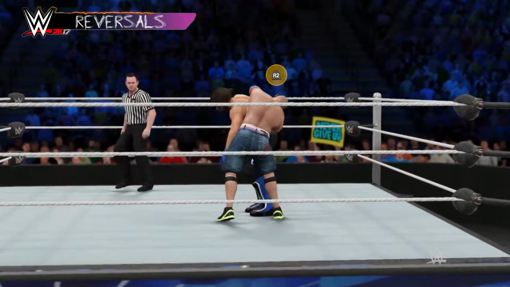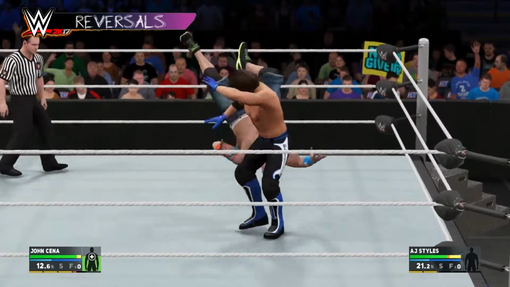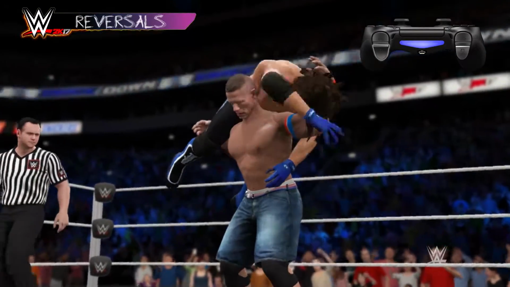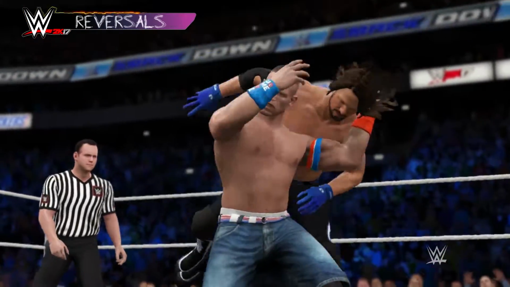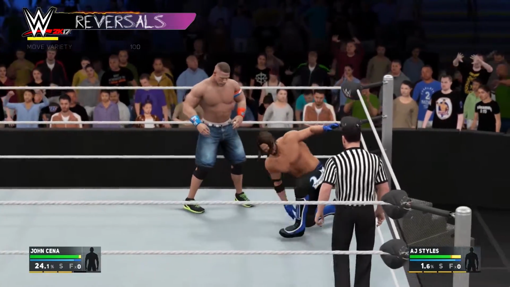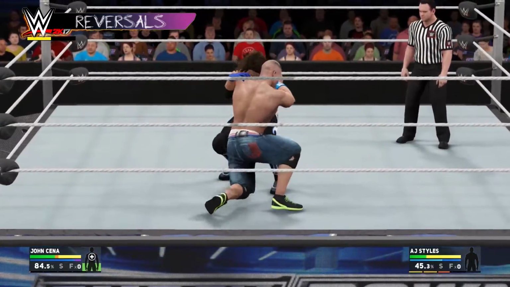You may have noticed those icons appearing over your head. Those are reversal prompts. To counter an opponent's attack, press R2 while the reversal prompt is shown. You'll avoid taking damage and often leave your opponent in a vulnerable position. Keep in mind, this is going to spend a reversal slot. If you run out of slots, you're going to have to wait for them to recharge before you can perform